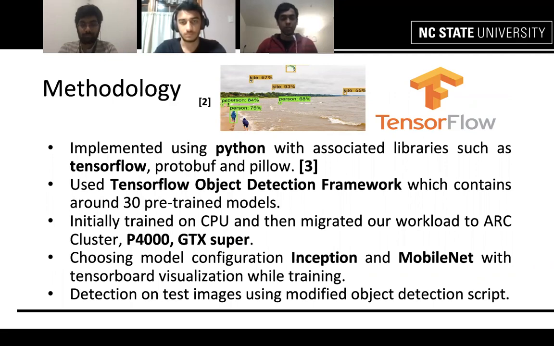We trained initially on a CPU-based Linux machine, and then migrated our workload to the Arc cluster, which consists of RHEL servers having P4000 and GTX GPUs. We mainly focused on Inception and MobileNet neural network architectures, and TensorBoard visualization for the same. Finally, we use a trained model to evaluate on the test images using the object detection script.